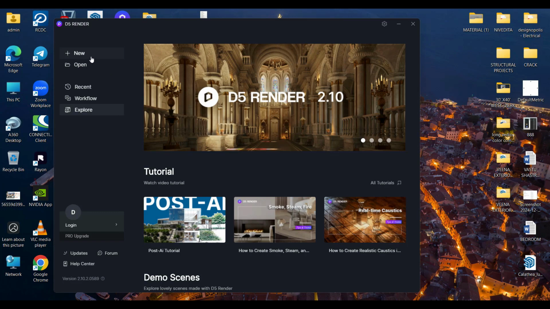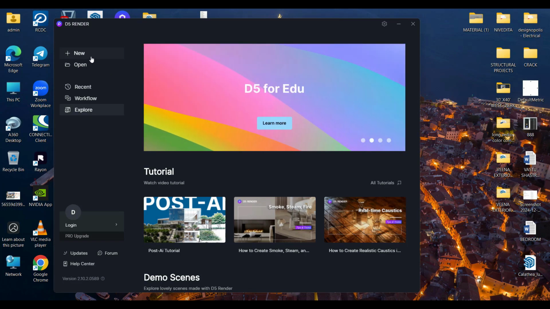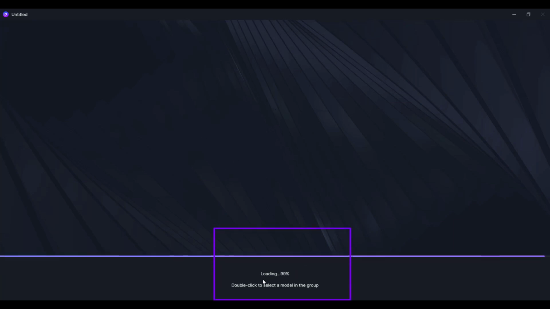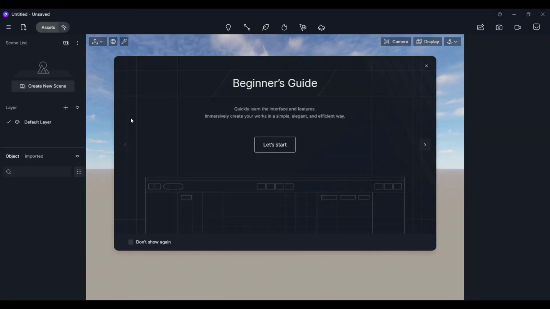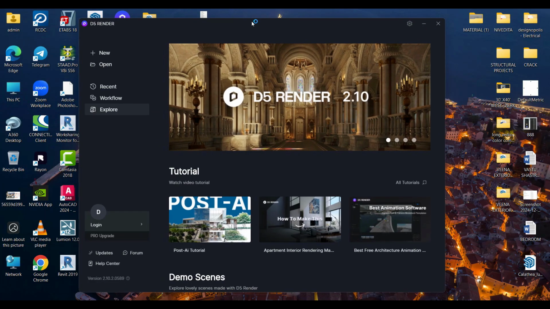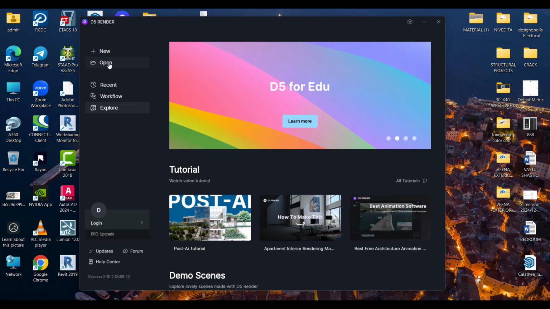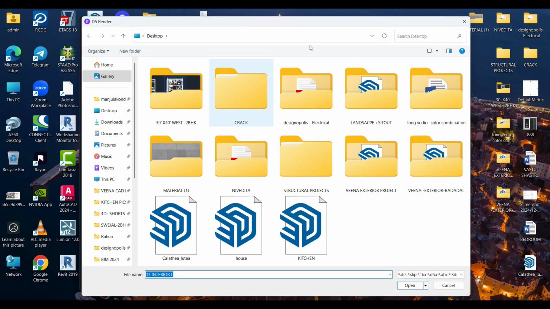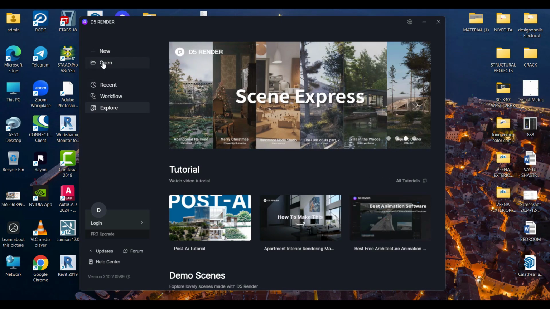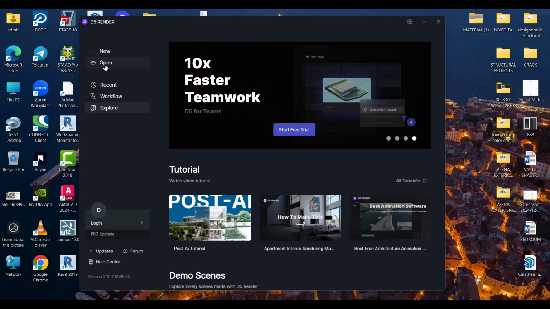The first option we have is New. In order to work with a new model, you have to click on the new option so that you get a new template, and you have to wait some time until it gets loaded. When you get 100% load, you can get to know the user interface. Next we have the open option. If you have already done work with D5 and want to work with an older D5 file, you can just click on the open option, select the particular file you want to work on, and continue.